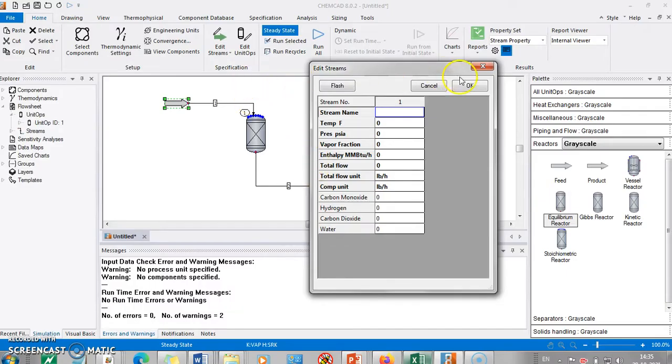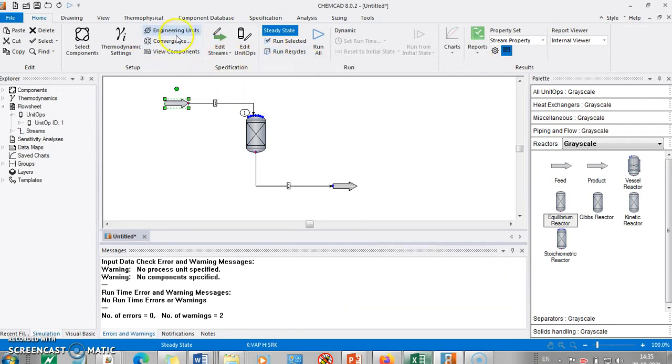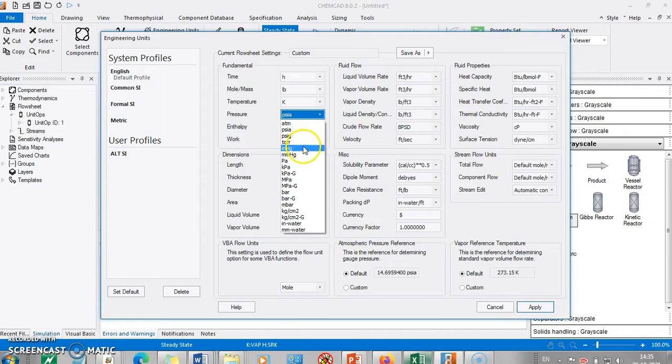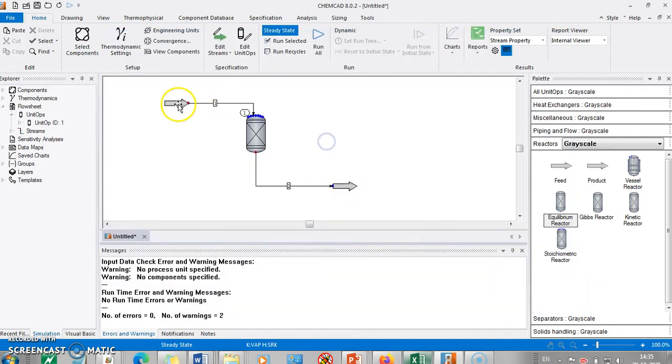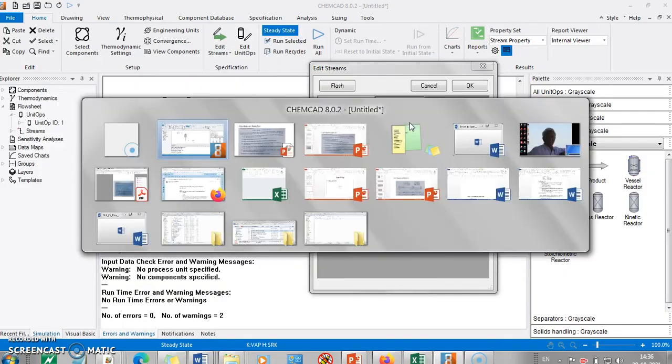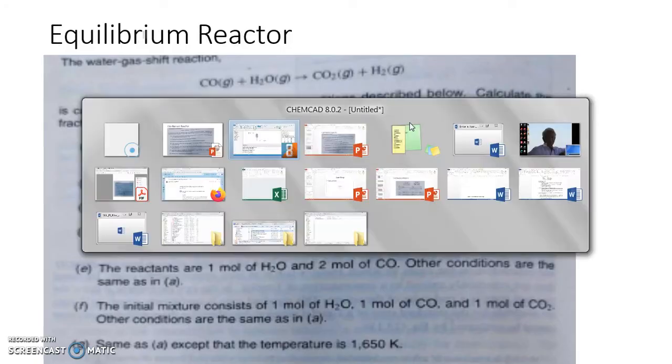So first let me change the units. Engineering units. I'll put temperature as Kelvin and pressure as bar. Apply this. So we enter the temperature. The temperature of the stream given is 1100 Kelvin.